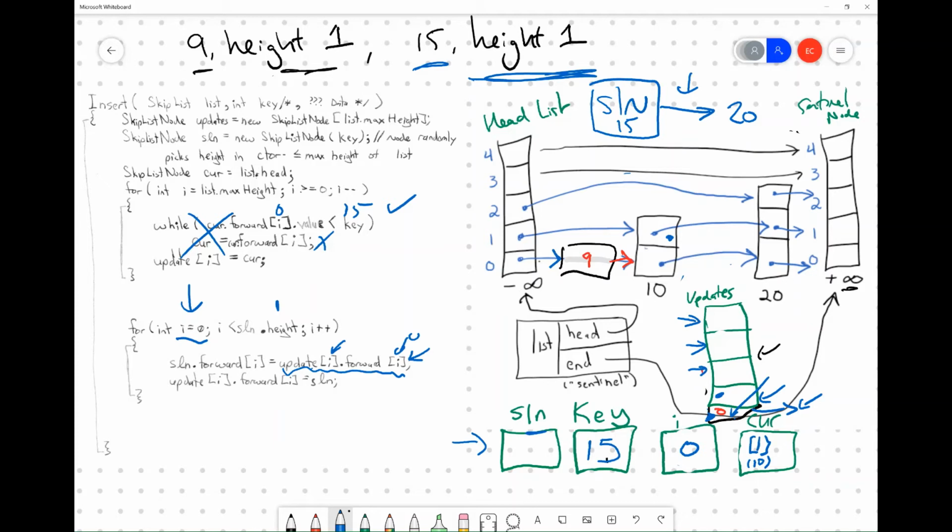And then this code is going to say, what about this node? Before it was pointing to 20, what is this node going to point to now? We're going to say, at index 0, you're now going to point to the new node. So whatever node was at index 0, it's a bit messy, now it's going to point to the new skip list node. So if I were to draw it out here,